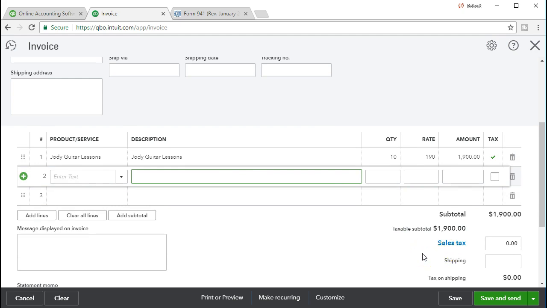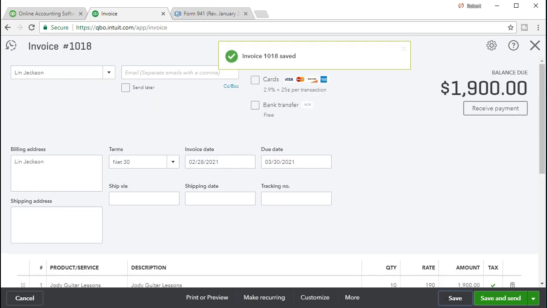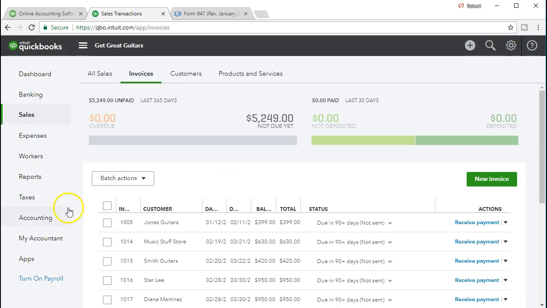And that means, once again, it's going to credit accounts receivable. Debit accounts, or increase accounts receivable with a debit. And then it's going to increase the sales with a credit of the 1,900. So we're going to save that item. Now we're going to take a quick look at the financials and then go through the same process again, billing